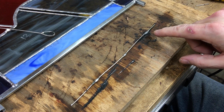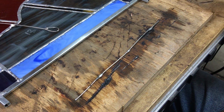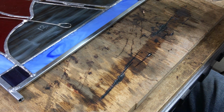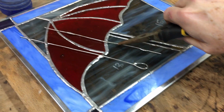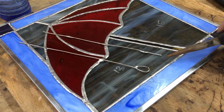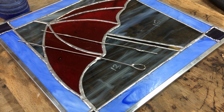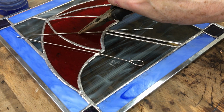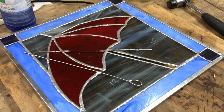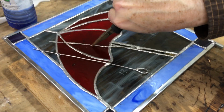And you'll notice that as it heats up, it kind of deflects the wire a little bit, and so it does make it a little bendy. That's one reason why you want to start with a really flat wire at first. And you want the wires to be in the same direction, because if you had it like this, which way is that rain falling? That way or that way, you know? So we put it